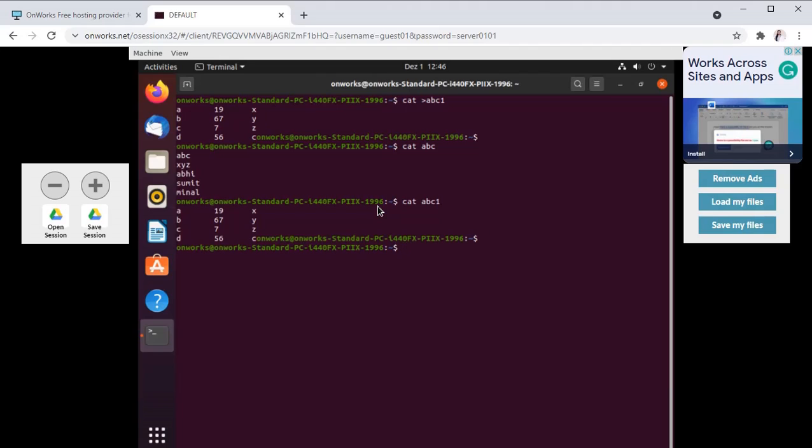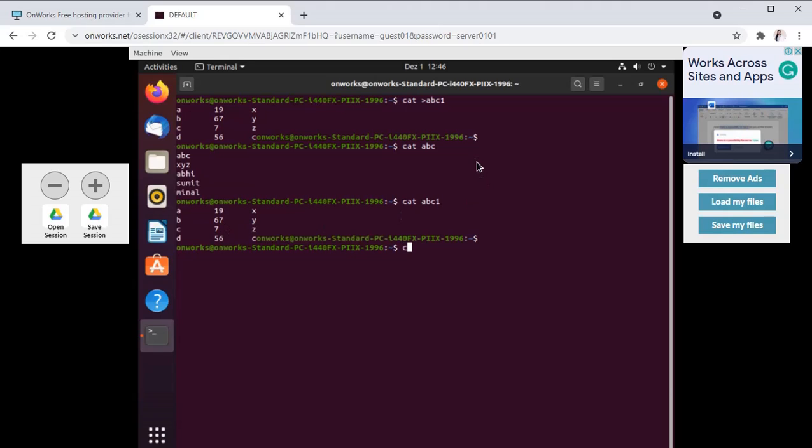Now if we want to cut some characters, if we want to cut these two columns from the abc1 file, so what will we write?